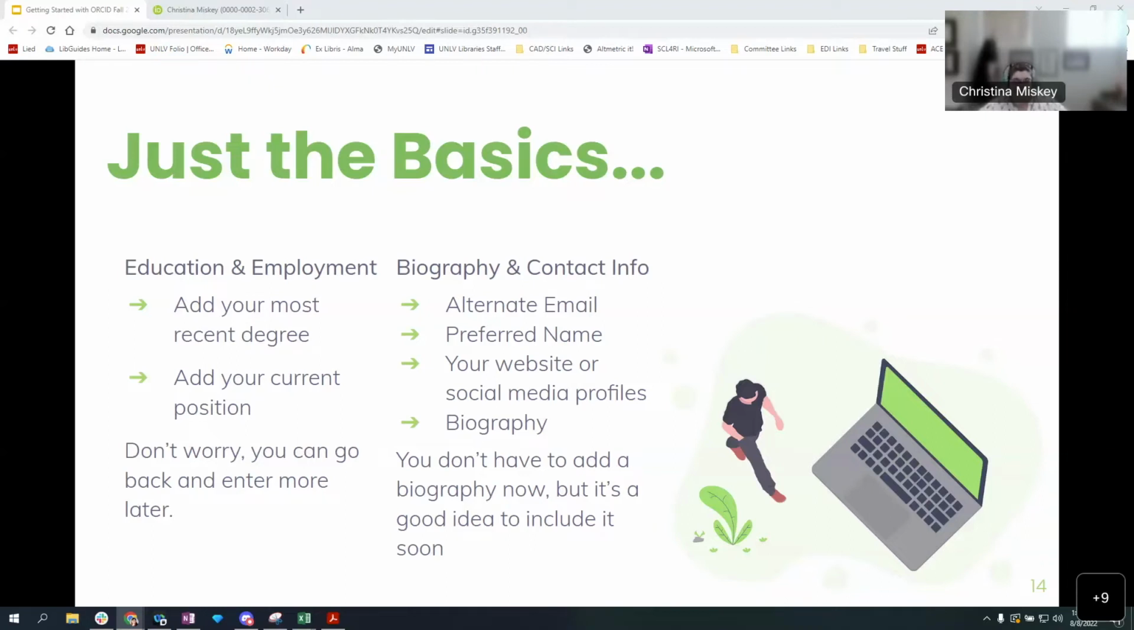And the biography section is where you can put a short paragraph about who you are and what your expertise is, but you don't have to fill that in now. If you have a short biography ready to go, then that's great. If not, which I don't expect you to, then